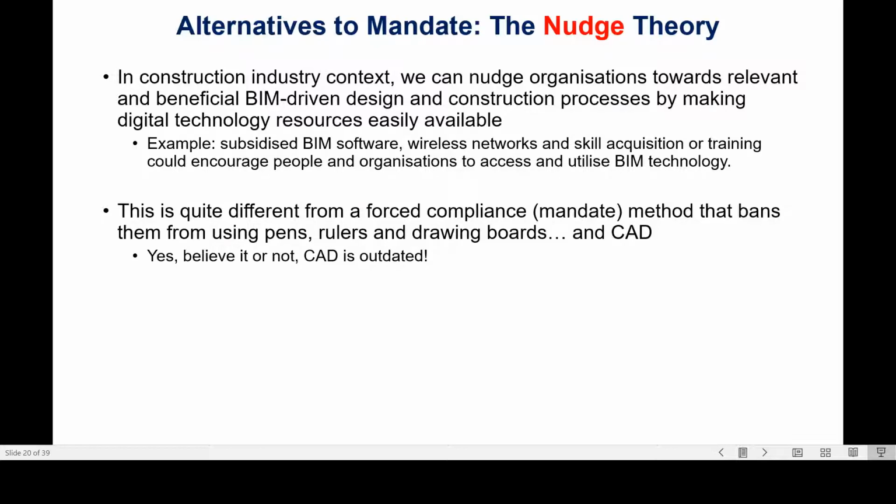So one of the key aspects of nudge theory is that it must be something the government can defend in a court of law. The government cannot introduce a nudge if it cannot defend that decision in court and say, this is why we nudged people to do this. For example, now we have the